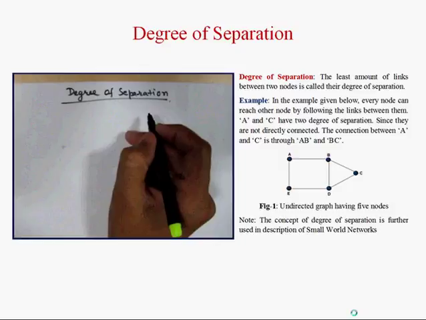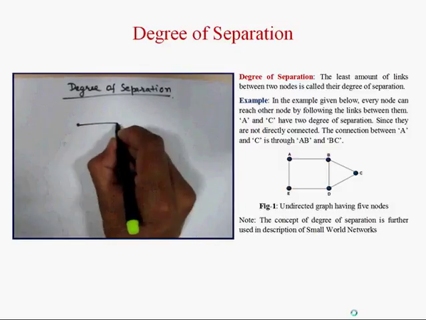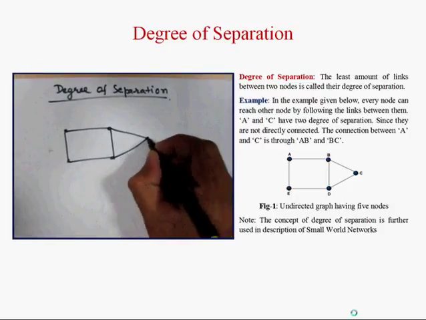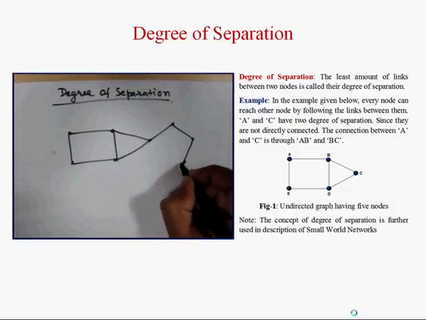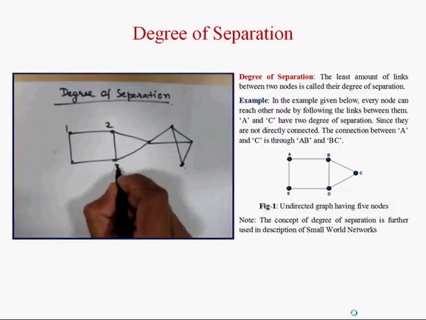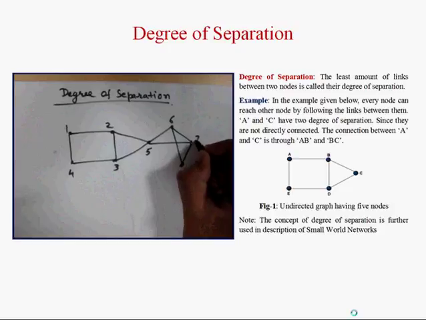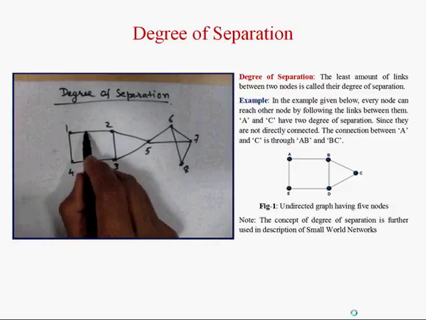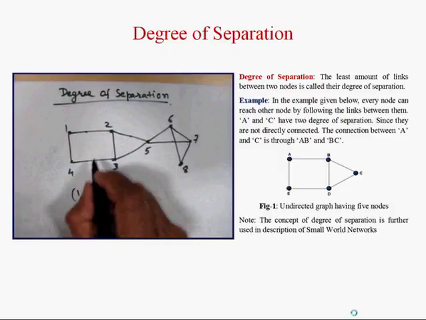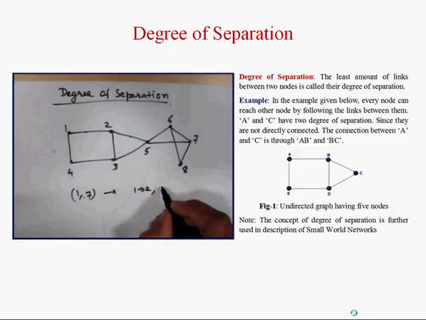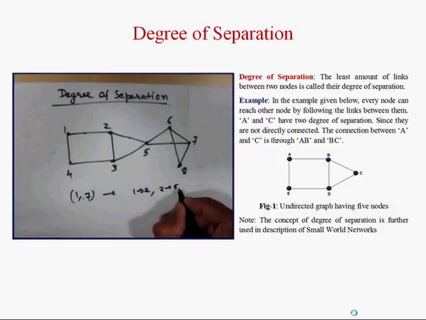For example, if we have a network like this, then the degree of separation between 1 and 7 will be 3, because we will travel through 1 to 2 and then 2 to 5 and then 5 to 7,